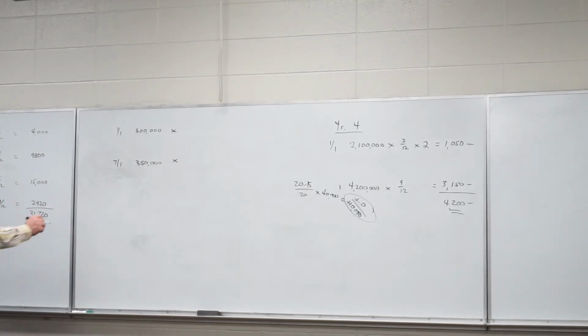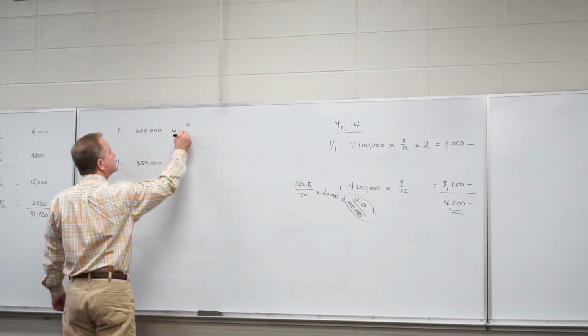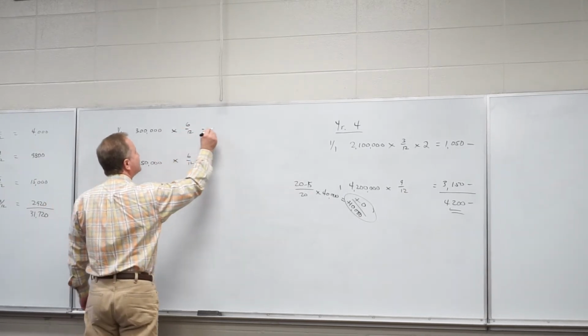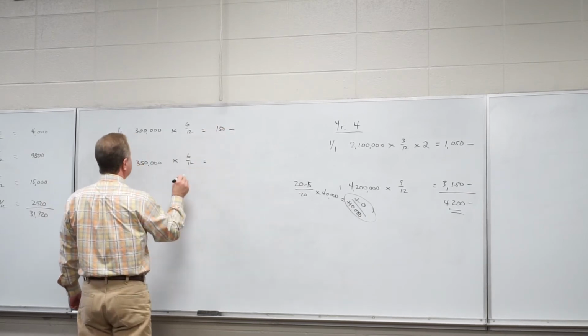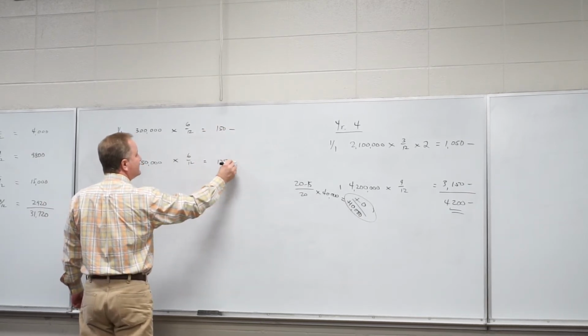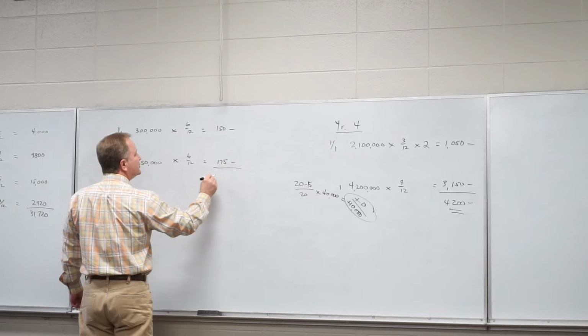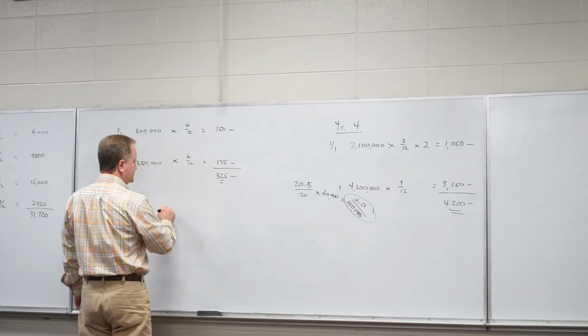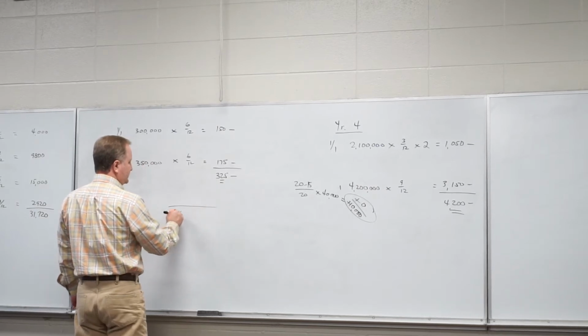All right, so now I need to do 6/12s and 6/12s. Half of that is 150,000. Half of that's 175,000. So 325,000 in your basic EPS. So your denominator is probably going to be,